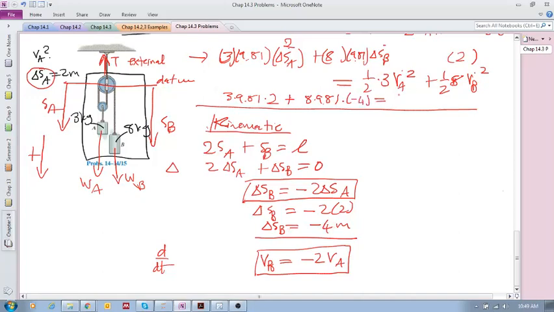And over here we're going to have 3 over 2 times VA squared, since VA is what we are looking for, and then we put 4 in there, obviously. And what is VB? VB is minus 2 VA, so we put minus 2 VA in there and we square it. Now, as you can see, we only have one unknown here,